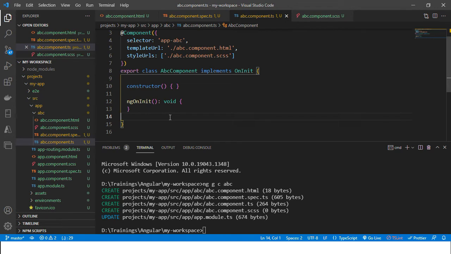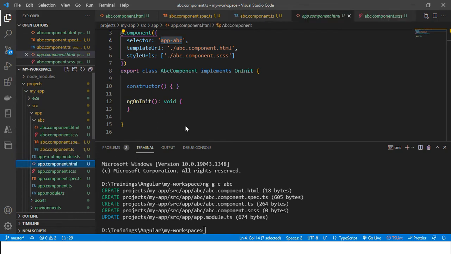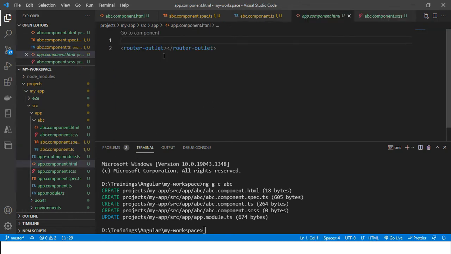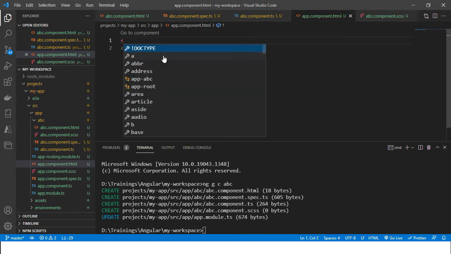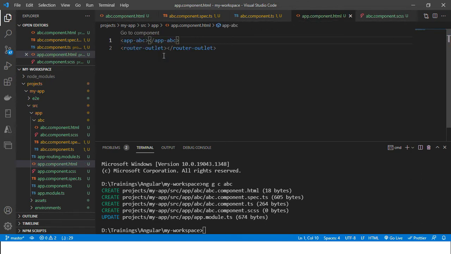Now I am going to place this selector in app.component. Here I have placed the component selector.